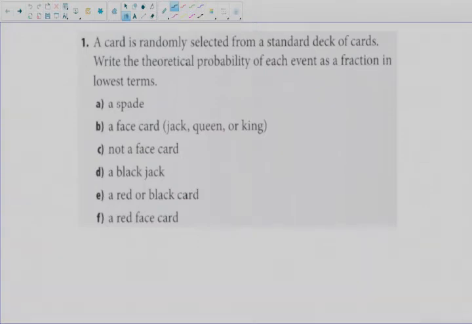Hello again, everybody. Today we're going to be doing some homework correction again of theoretical probability questions. I know we've been doing a lot of homework and question type lessons in the last few videos, but I think it's a good thing to see more question types like this, because it is a topic that we don't necessarily see a lot of at first in school, but it does come up quite a bit